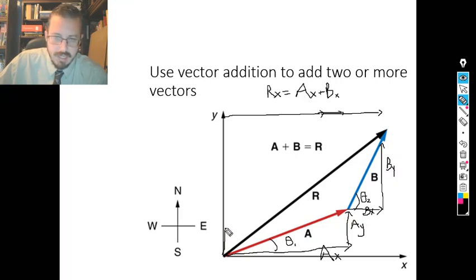And so the y component of vector A brought us up about this much, and then the y component of vector B brought us up the rest of the way. Once we've summed the y component of vector A and the y component of vector B, we'll have the resultant